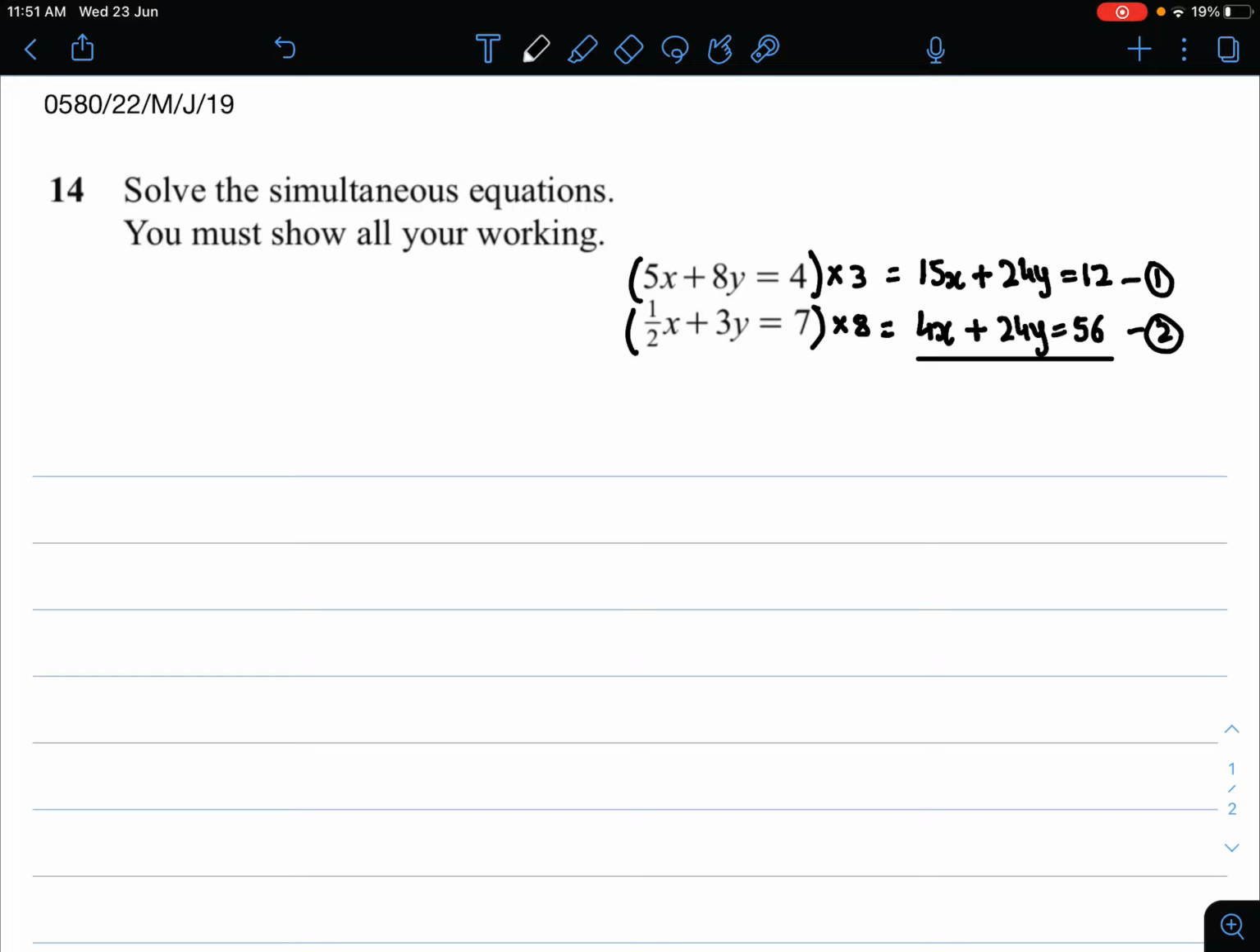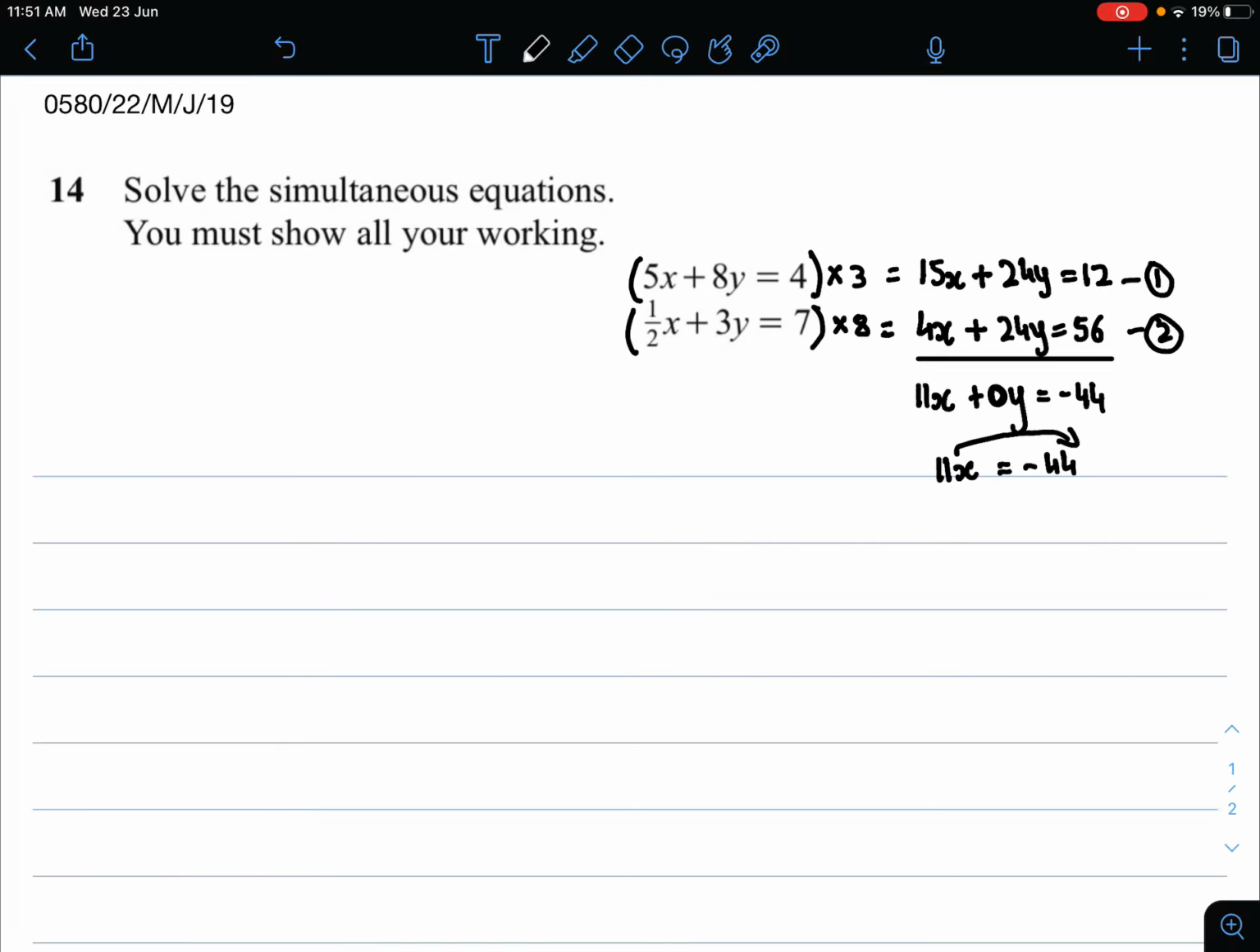So 15 minus 4 will be 11 and the variable comes as it is, so 11x. 24y minus 24y, so 24 minus 24 will give you 0, so that would be 0y equals 12 minus 56, so that will give you minus 44. Now since it's 0y, we can rewrite this equation as 11x equals minus 44,